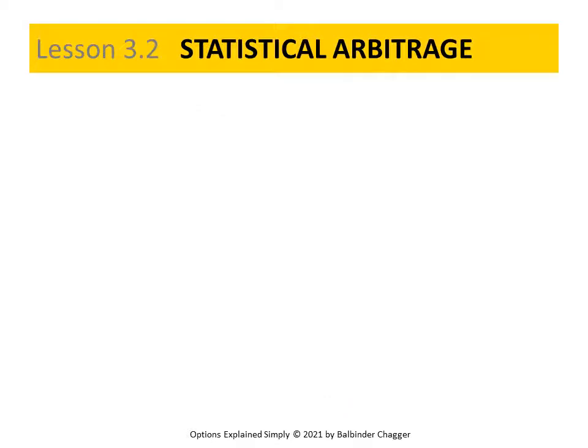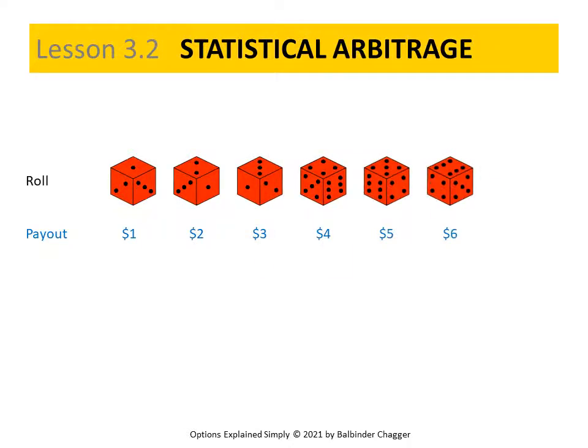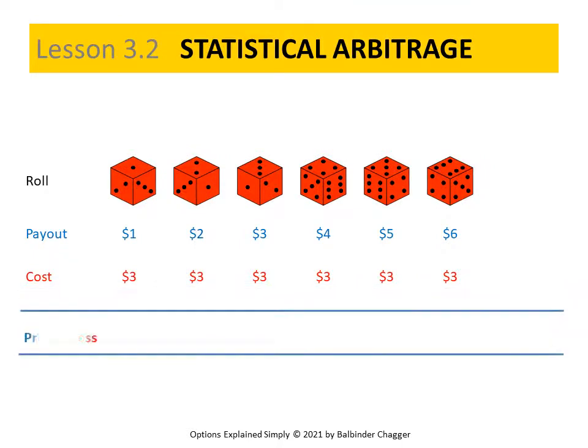Say there's a game where a fair six-sided die is rolled and the player receives the dollar value of the number that's rolled. If a 1's rolled, then the player receives $1. If a 2's rolled, then the player receives $2, and so on. Say the game costs $3 to play per go. Then the possible outcomes of a roll are as follows. If we roll a 1, we suffer a loss of $2. If we roll a 2, we suffer a loss of $1, and so on.